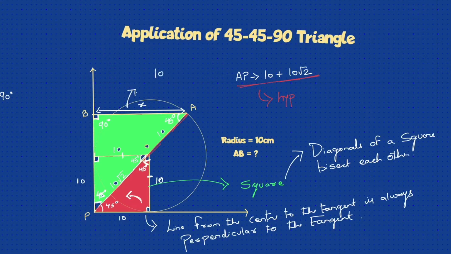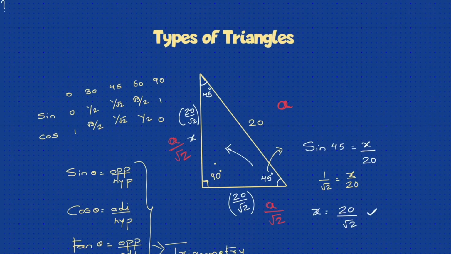From the hypotenuse to the other side, what do you do? You divide by root 2. Obviously it will be lesser than the hypotenuse. That's it. You got the answer. This is my answer to the question. So remember the tricks, you will get the answer in the quickest possible way.